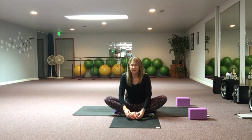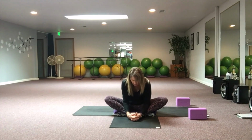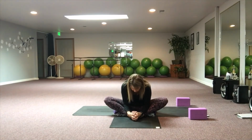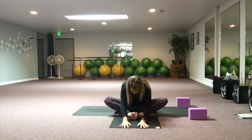Now, we're going to relax that, and then we're just going to hinge forward a little bit. Now, remember, everyone's got a different hinge, right? Because we all don't come out of the factory with the same hinges. Okay. So we're just hinging forward. And remember, you can sit on that rolled up blanket, okay, or just gently coming forward. Now, maybe